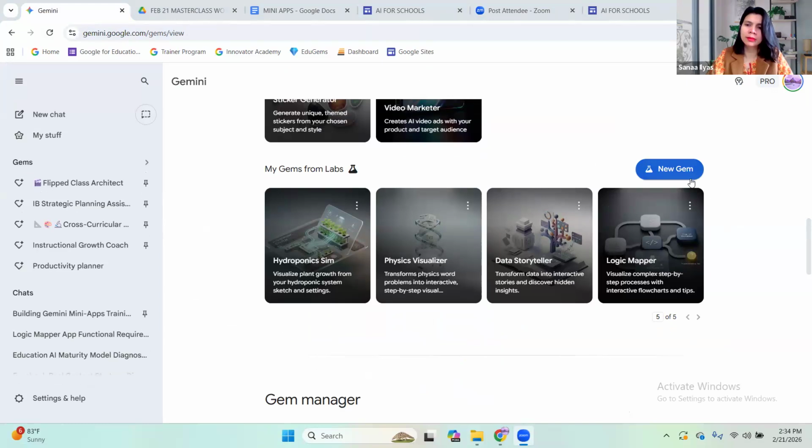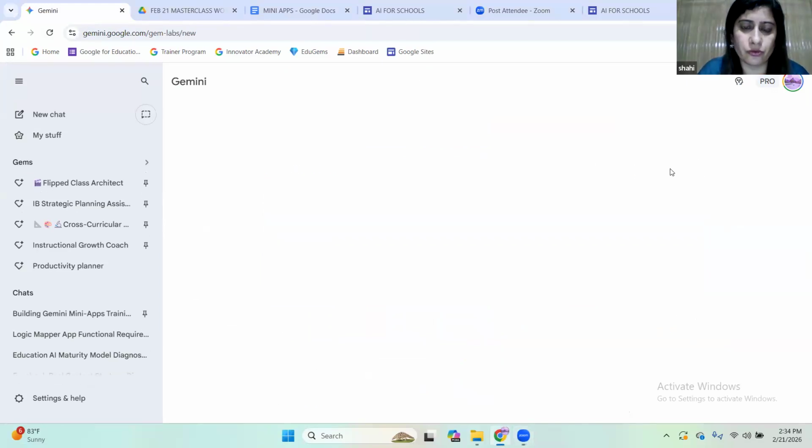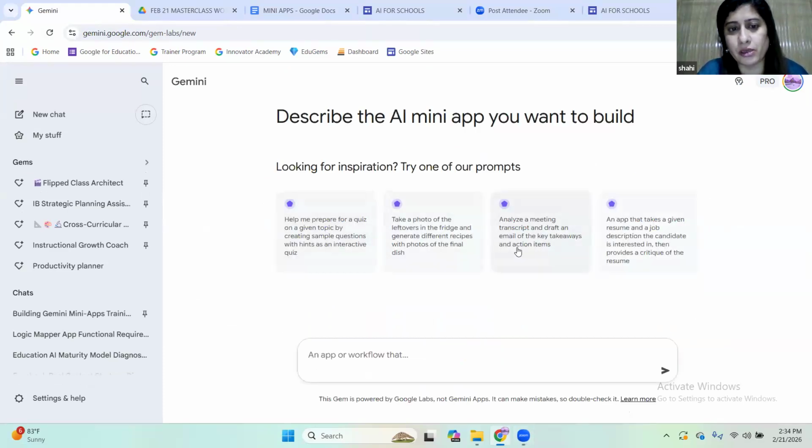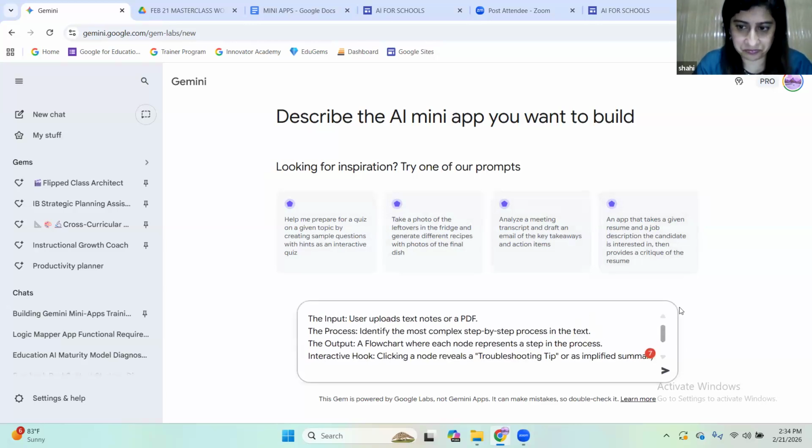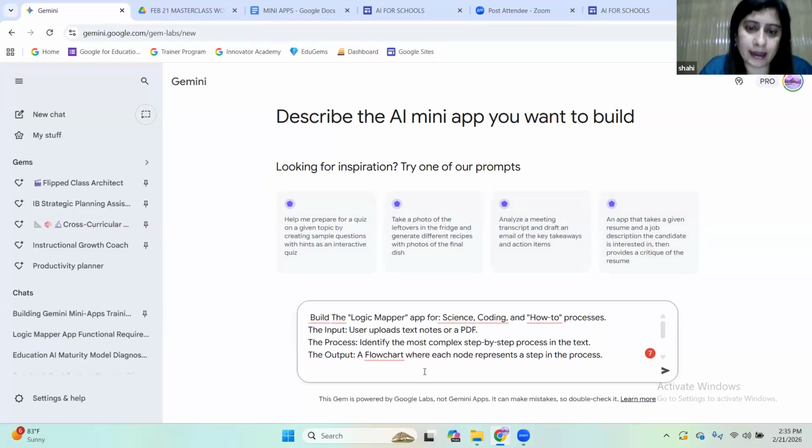Yes. Okay. So now I'm just going to show you when you open up the new gem. These are some of the options that are available, some of the ready-made prompts that are there, which you can also use to create your own app. So I think it's a good idea that you can start with these or the prompts which we have given you. So now the thing which you have to do, for example, I have copy pasted my prompt here for creating the app. What I will do is that I am going to remove a few things from the prompt so that it can work fine. So for your convenience, I have given it the headings of input, process, and output.